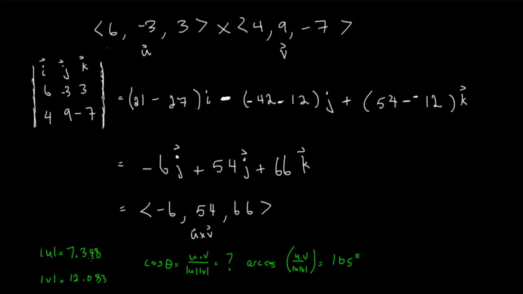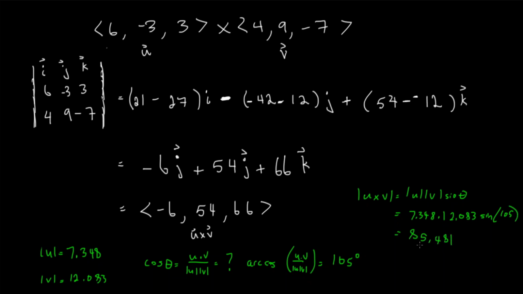When I then calculated the cross product, u cross v, and its magnitude, that was u v sine theta, and in this case, that is 7.348 times 12.083 times the sine of 105, which ended up being